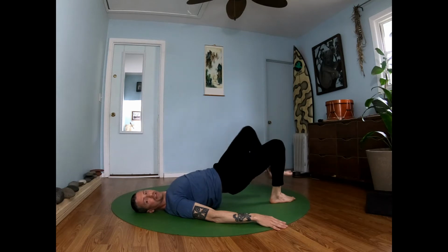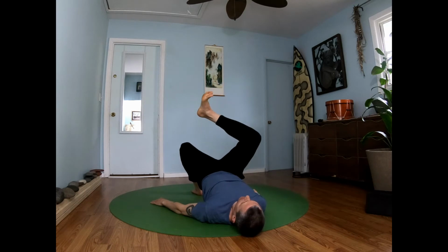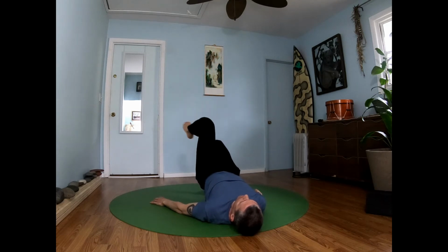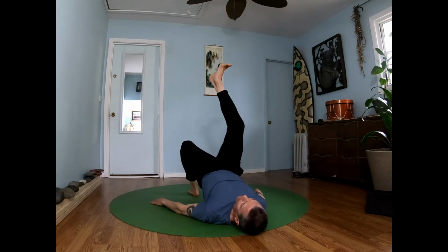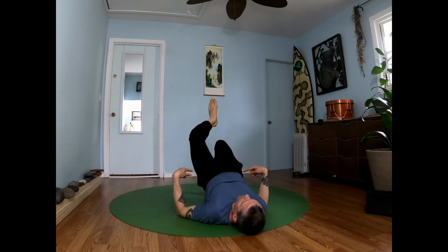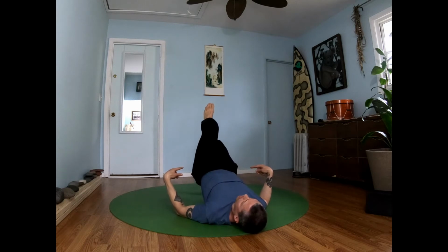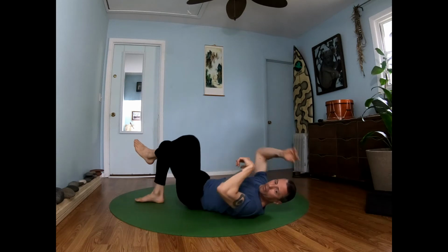You can always change direction with your legs. So if I do my march, I can also shift my leg into a figure 4 type position, or straighten my leg out and add some gentle mobilizations as I go. I can even play around with lowering the same hip to the side and then press through. Okay? So from here, we're going to go back